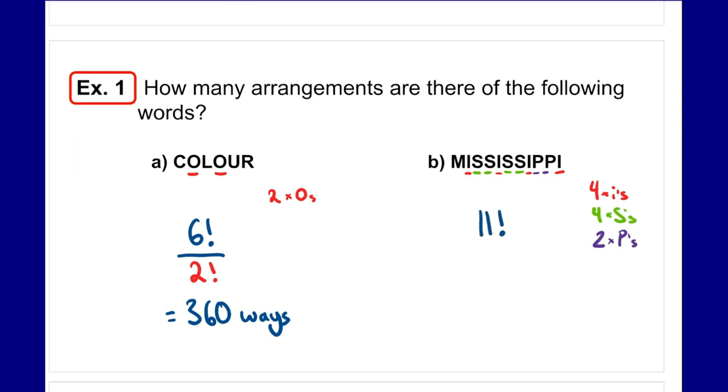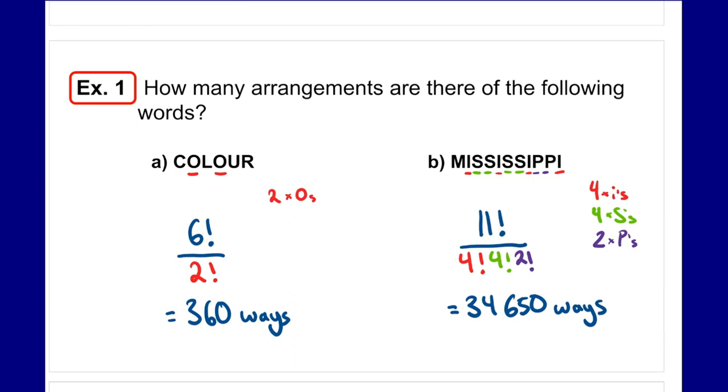Well, we have 11, so 11 factorial, assuming they were all different. But I'm going to divide by 4 factorial times 4 factorial times 2 factorial for the identical letters: the 4 I's, the 4 S's, and the 2 P's. In the end, we get 34,650